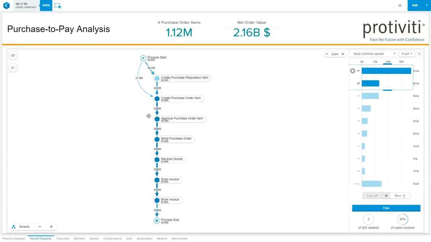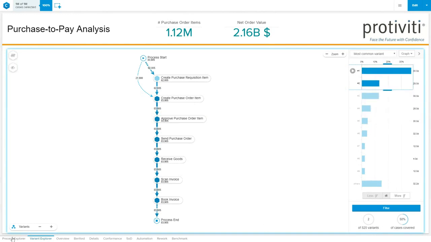Okay, go ahead. We are looking at the second most frequent variant of the process, and see here that in this variant, in 21,000 cases, the purchase requisition item was bypassed. Now, this is without any hypothesis or assumption. It's just the facts telling us, and we don't know if it's good or bad in your industry or your client. It's showing you that it's actually happening.